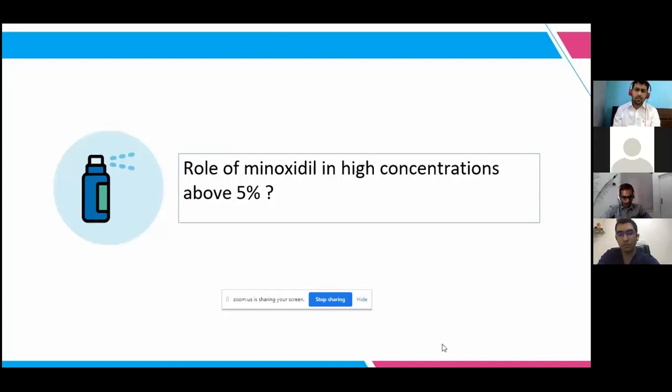Do you usually use minoxidil above 5% strength? Not really nowadays. Probably in the years 2011 to 13, we even tried 7.5 and 10%. But as we all know, compliance is an issue with a lot of our patients of AGA. They keep coming to you over years, but there are stopgap things. So they would use minoxidil for 6-8 months, then not use anything for the next 3-4 months, and then start again. Even though it tends to give better results with 10%, 7.5 and 12.5% are also available.